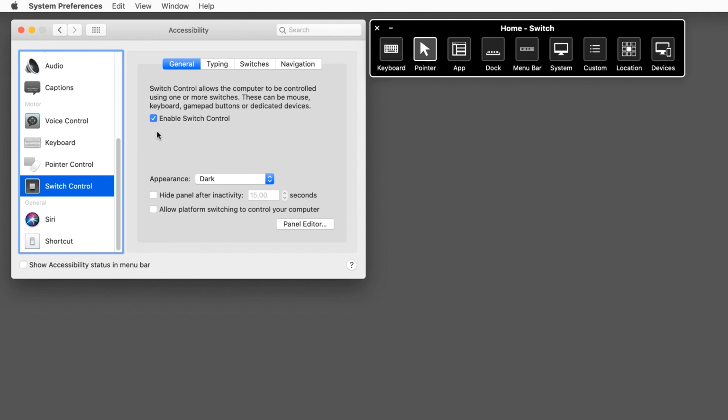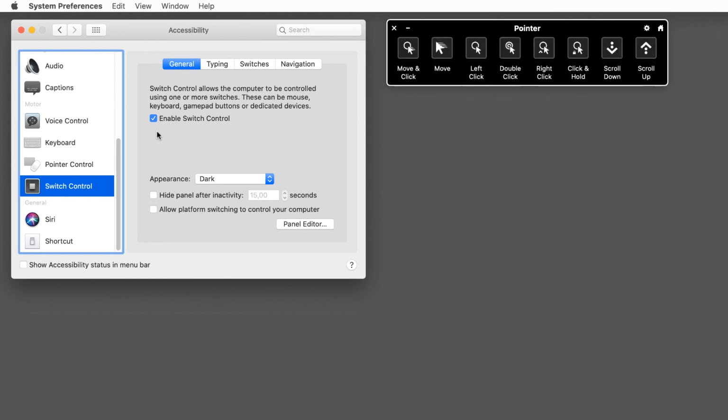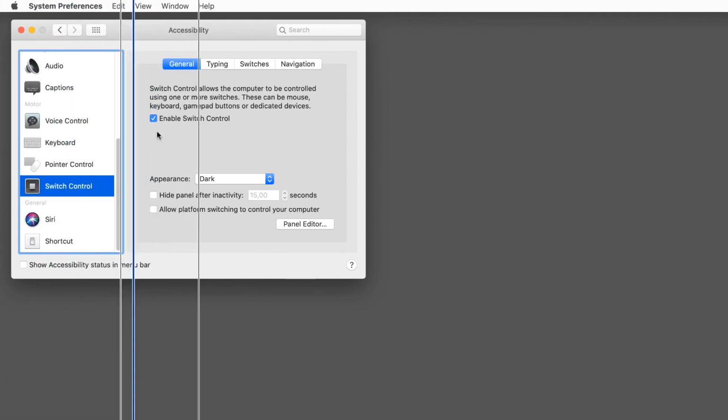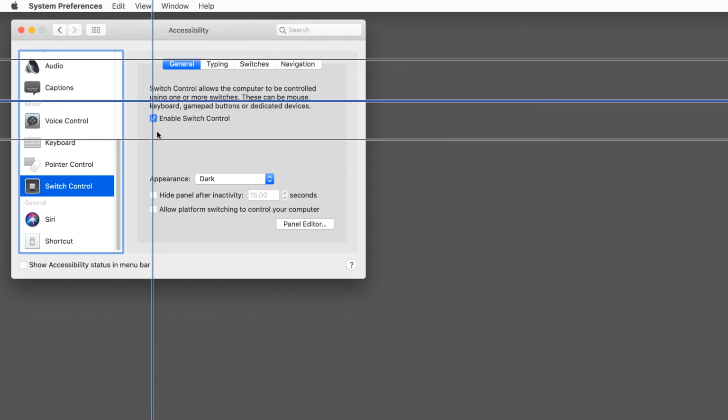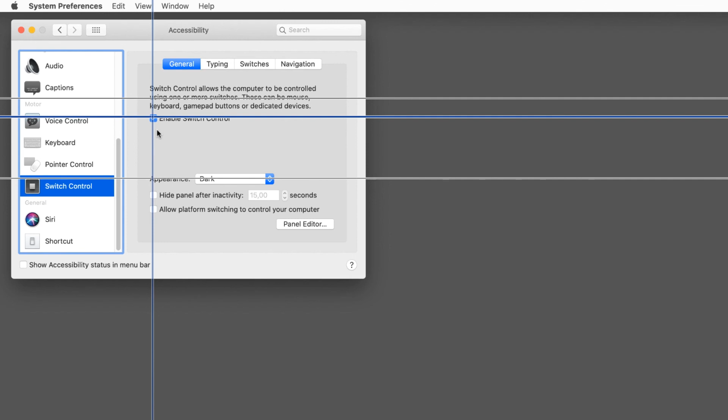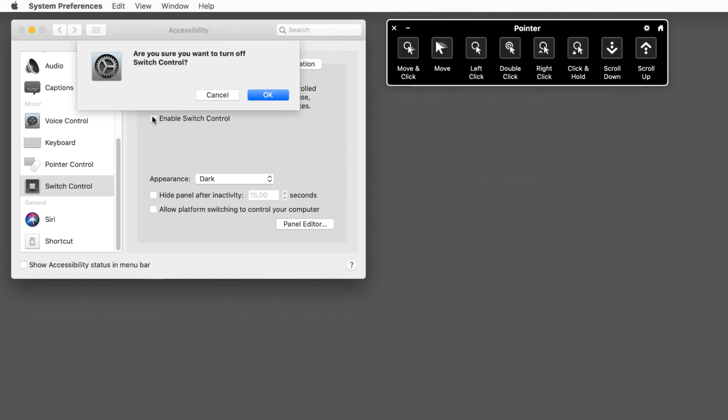We want to use the pointer mode. The system begins scanning horizontally. When the rangefinder highlights the area you want to click, click your switch again. Click again to refine your horizontal position precisely. The next click starts the vertical rangefinder scan. Click again to refine your vertical position. Click your switch a final time to click the element on the screen that is currently under the crosshair you created on the screen.